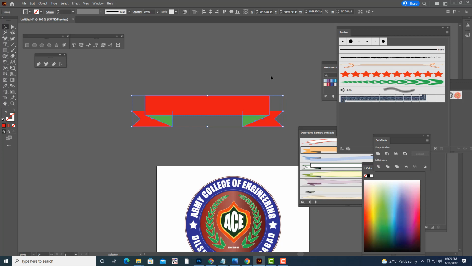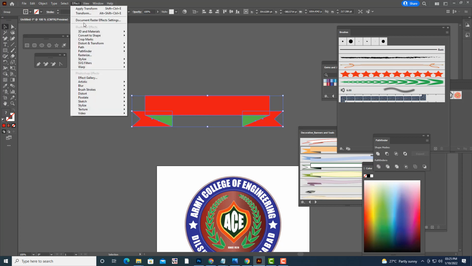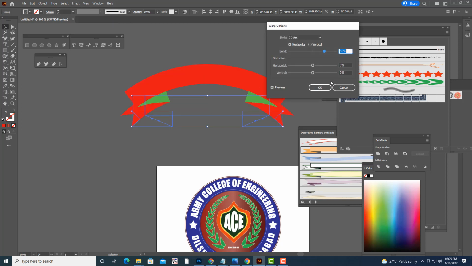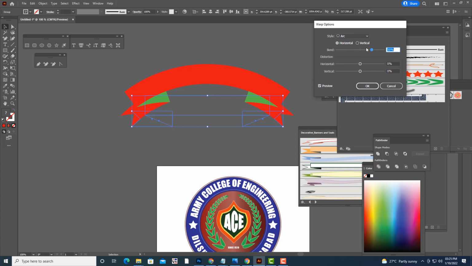Then see here, we'll try these options like warp. We can say arc shapes here. We can use this and we can make it, if you don't want it too much, we can just slightly make it. Where is this option?